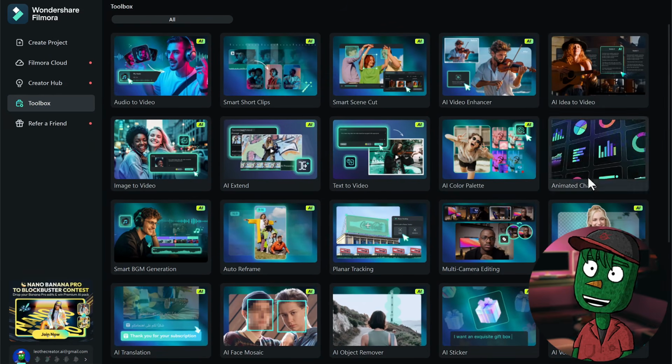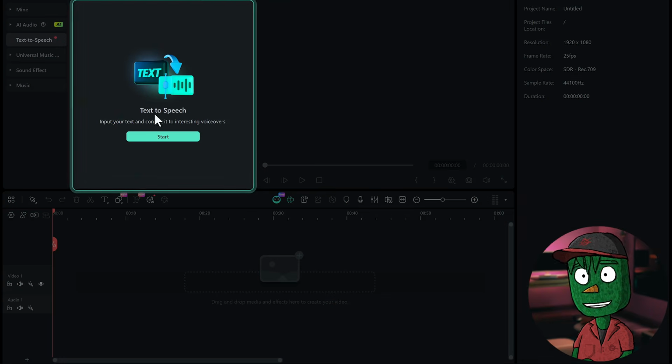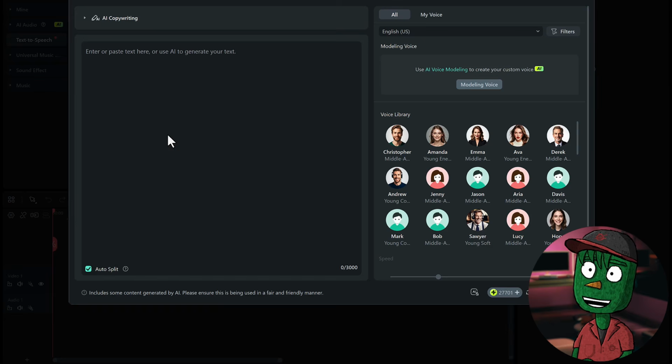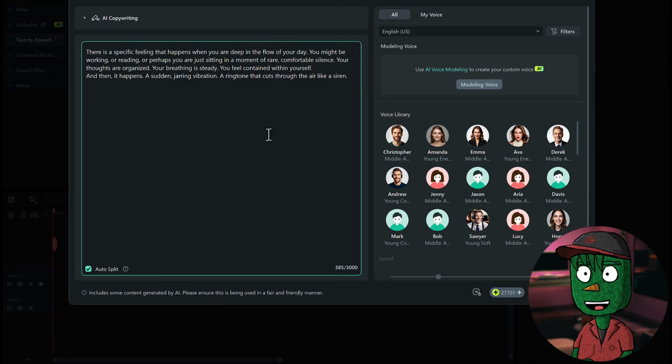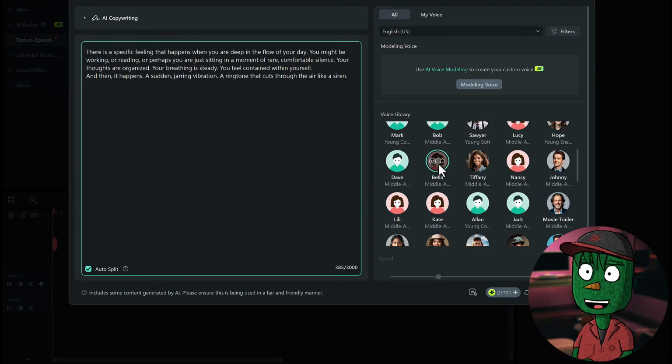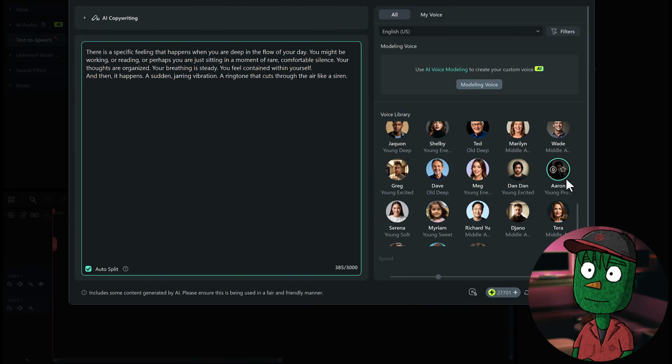So the next thing we need to do now is to click on text to speech here to first of all create our voiceover. It's going to bring you to the editing timeline here. So the first thing you need to do is click on Start, and then immediately it's going to bring you to the text-to-speech bar where you are going to select your voice actor. So basically, I've gone through them and I like this voice currently, so I'm going to be using it. So what you just need to do is go to the voice and select the one you like.